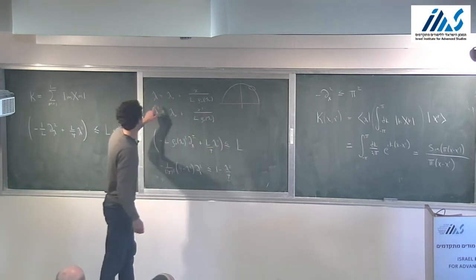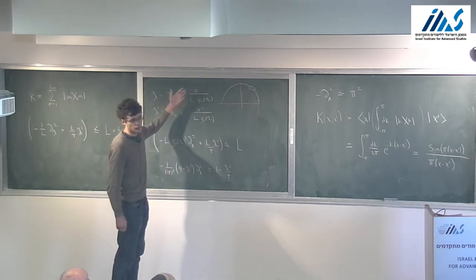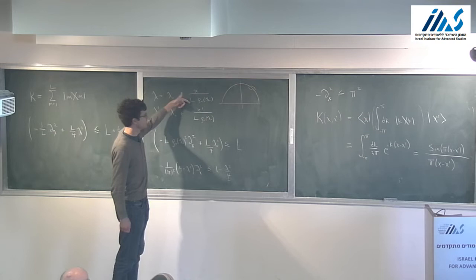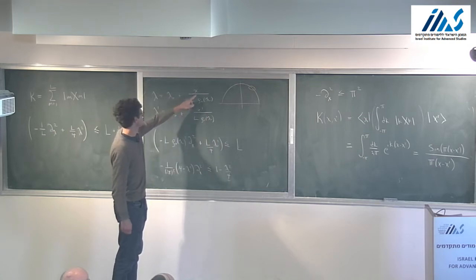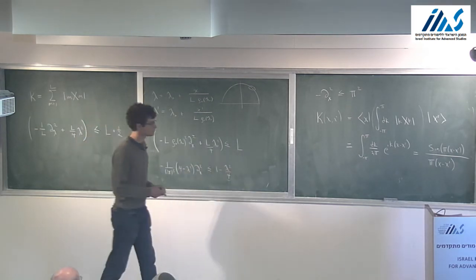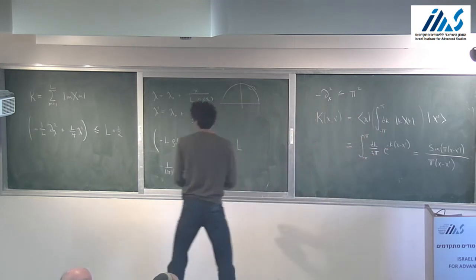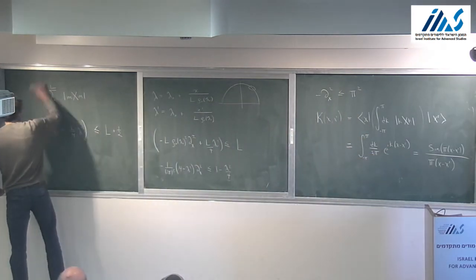We used that here. So we wrote lambda was lambda naught plus x over L. And we were imagining that x was fixed and L is large. So this is small and this is small. So lambda and lambda prime are close together. Okay, so let's now compute the probability distribution for a pair.